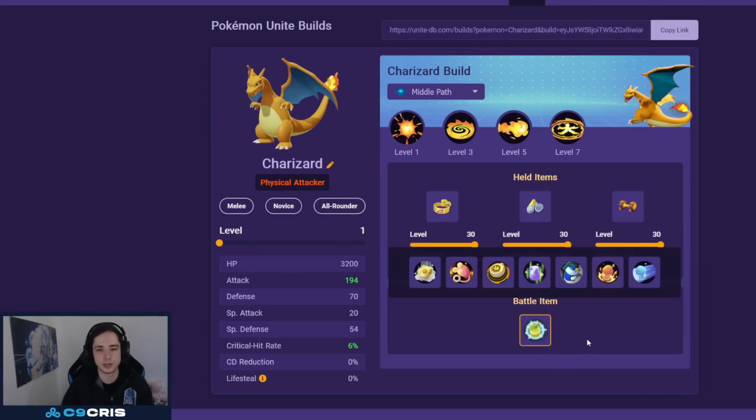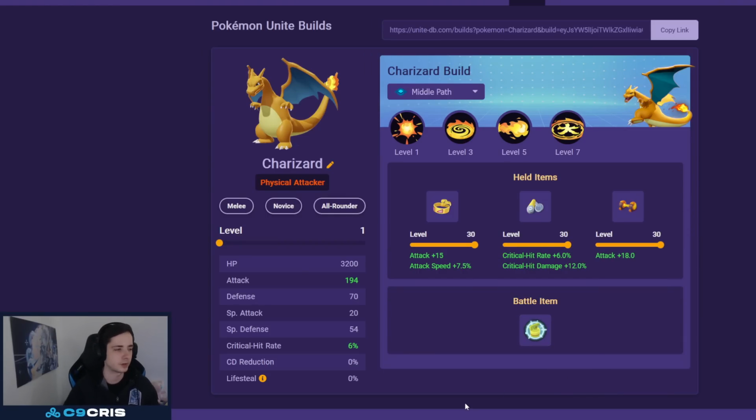For the battle item, Full Heal, X Speed or X Attack are all fine. Those I would recommend. I currently like Full Heal the most, just because there are also a lot of Mr. Mimes around, and you kind of want Full Heal. Also, my tip for Charizard is, just make sure you're aware of how many unstoppable effects are on the